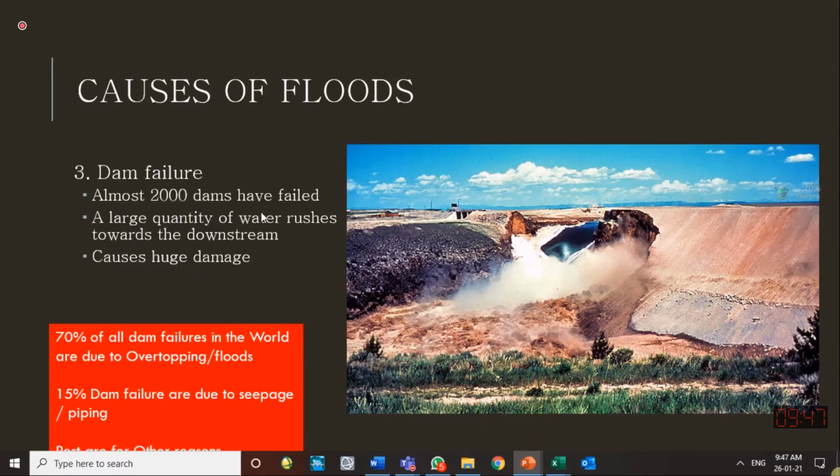All around the world, more than 2,000 dams have failed. A large quantity of the water rushes. So this is one of the catastrophic event or very damaging event which occurs, and we have to design the dam so that it should not fail. And we should also be ready for such event because our knowledge is not perfect, and sometimes there are construction deficiencies also there. Both can cause a dam failure can occur, and we should be ready for that through already done dam break studies.